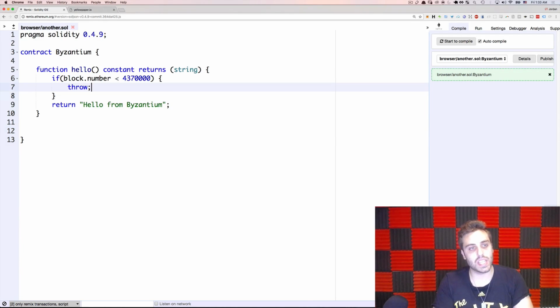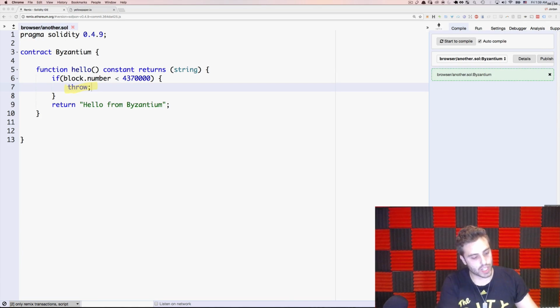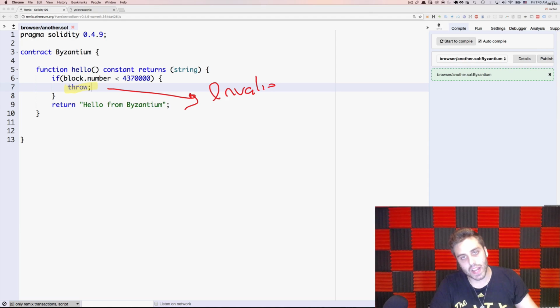Okay, so what is this actually doing? When you use this throw keyword in Solidity, it's actually compiling down into an invalid jump exception on the EVM. And the invalid jump exception, when you encounter it, will revert all your state changes of your contract execution. It will fake an infinite loop that consumes all the gas that you sent to the contract execution, and it will error out. And it does work, but it is a bit of a hack, and it has 2 real issues with it.